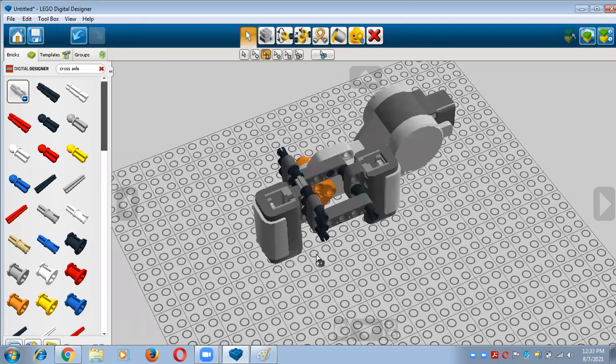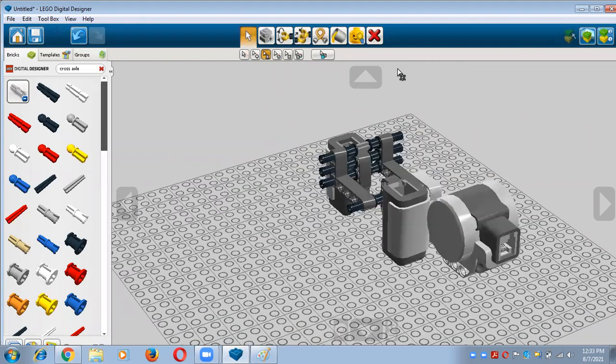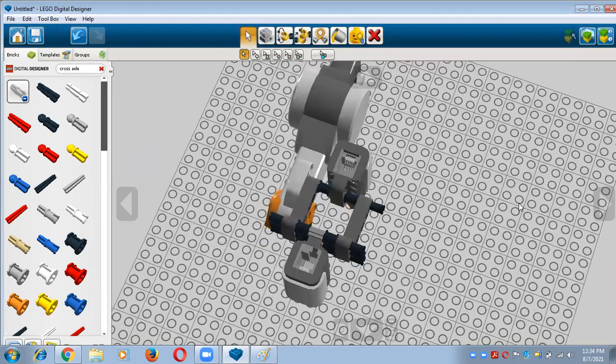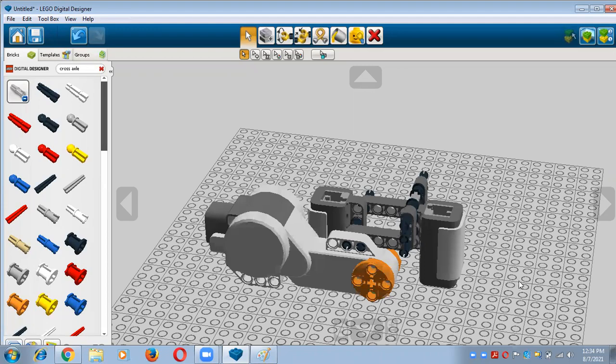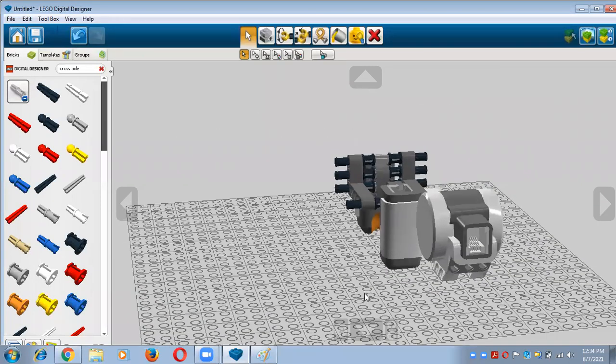Yes, now this is completely done. I hope it is clear. I'll show you from all the directions. It's completely okay according to my requirement, right?